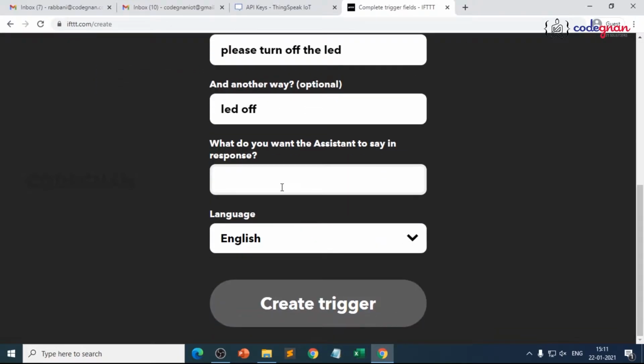Response, what response do you want to get from Google Assistant? So okay boss, I will turn off the LED. So create a trigger here,